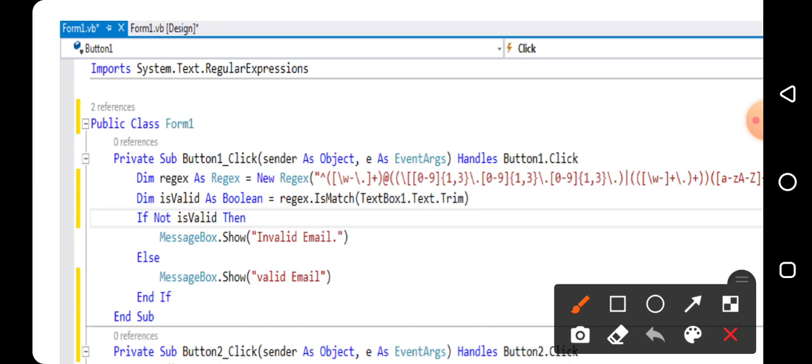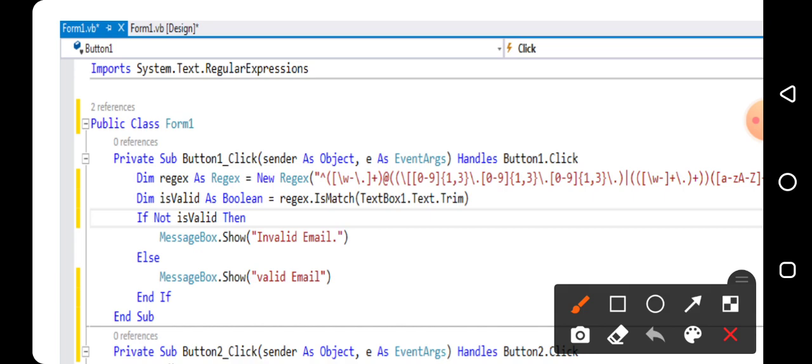So we have taken two buttons, students. The first one is the validation button and the second is the exit button. On the click of the first button, called the validation button, we are writing code to validate the email ID. First of all I will write one variable called regex. You can write any name over there. So Dim regex As Regex, where regex is my one class, equal to New Regex, and in that we provide some characters, some numbers, some special symbols.